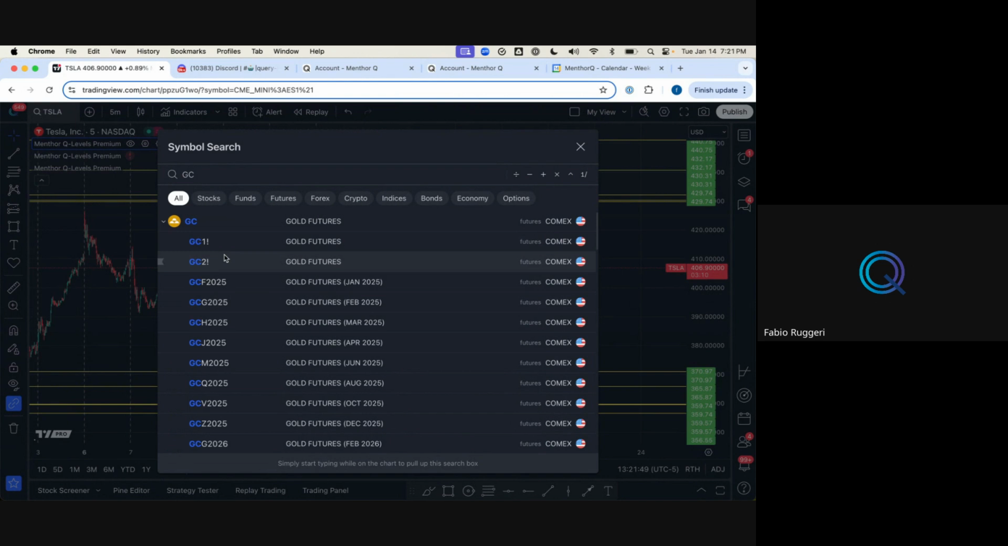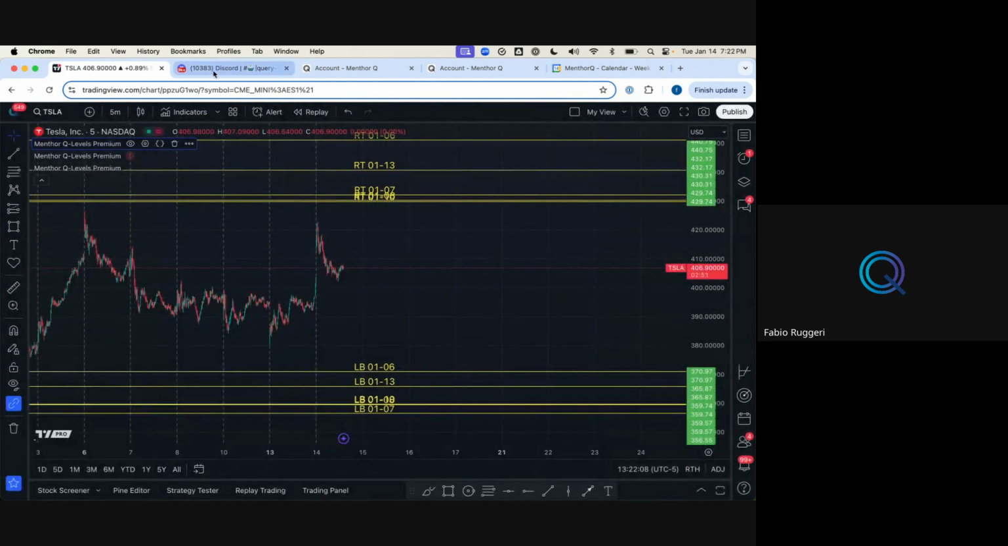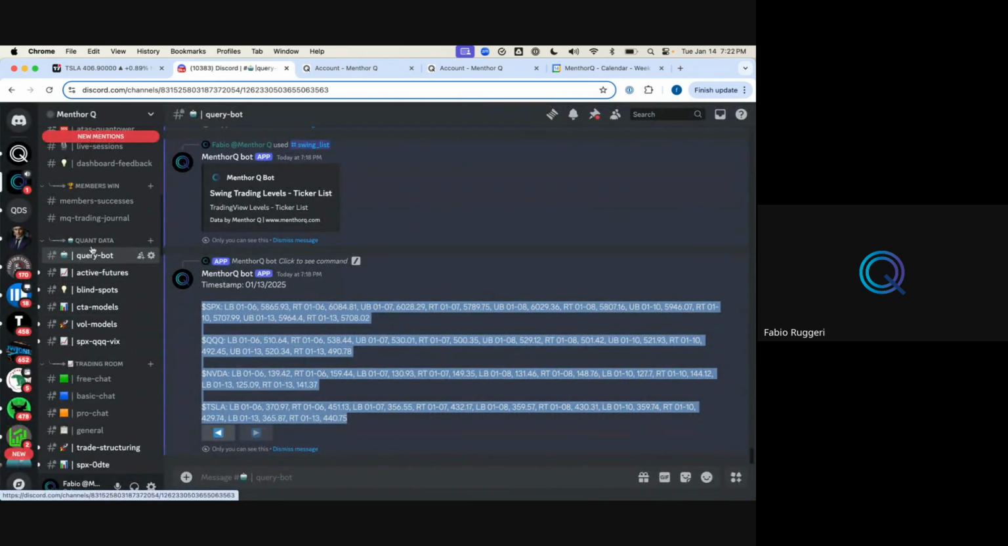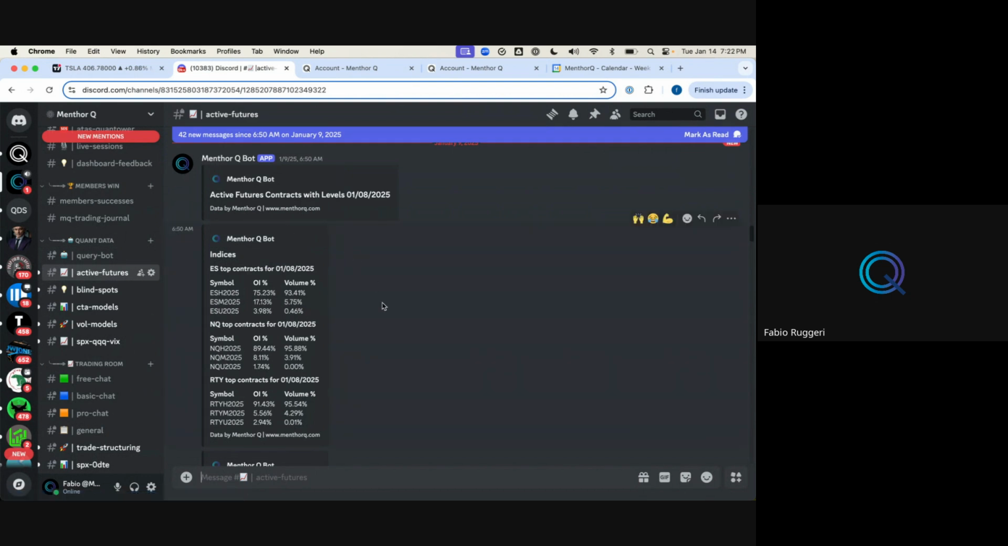So therefore, what we see most often is that for monthly futures like gold, crude oil, and the soft commodities, the hedging activity happens in the further months. So it happens maybe in the February contract or in the March contract and so on. That's why if you go in the bot under quant data, click on active futures, and every day we would post this every morning,